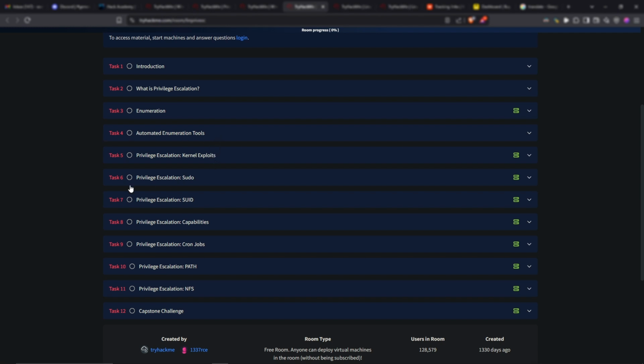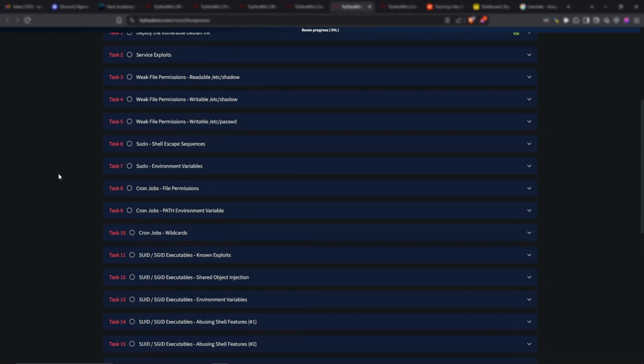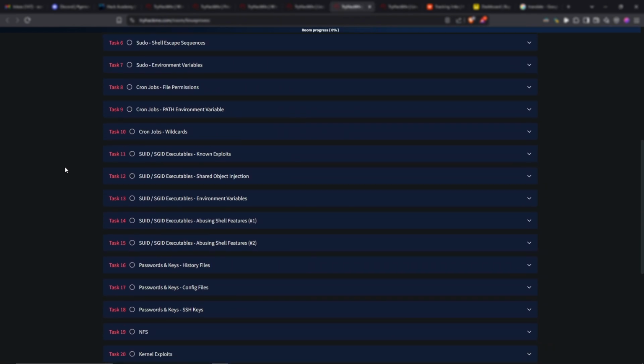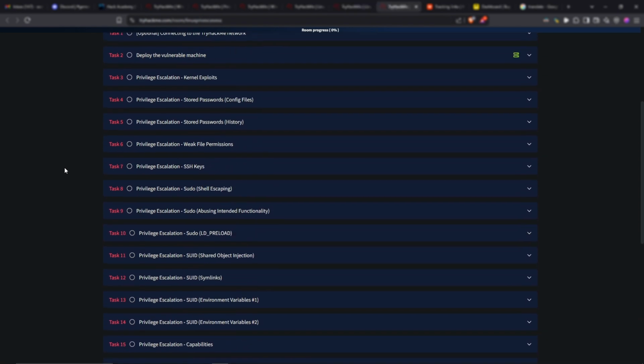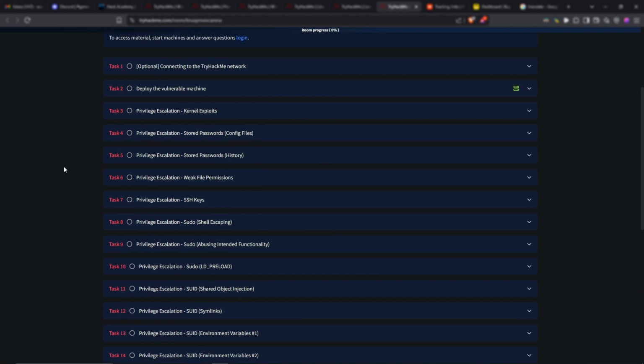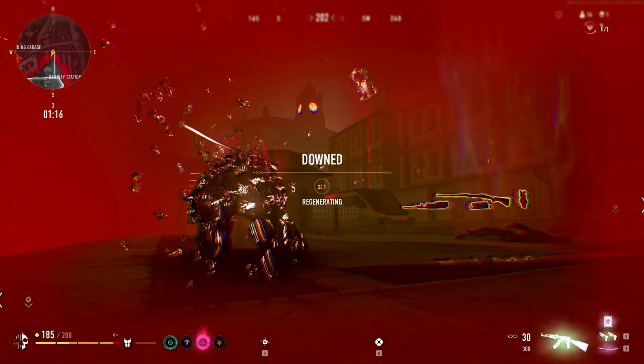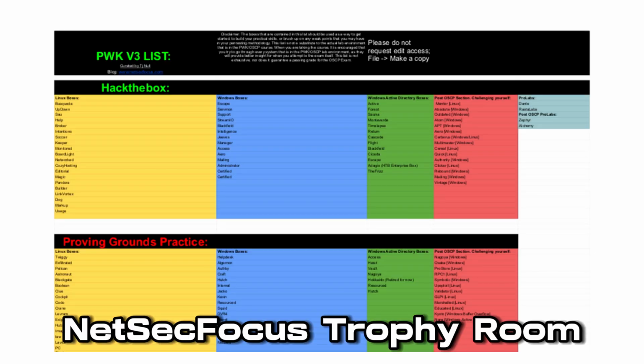You'll go over the tools, kernel exploits, sudo, SUID exploits, capabilities, cron jobs, right? How to hijack the path, NFS, etc. So take all of these rooms. Not only will it give you repetition, but it will cover things that the other ones may not have covered, right? So do these rooms, take good notes, and after that, just do random CTFs, because you will always